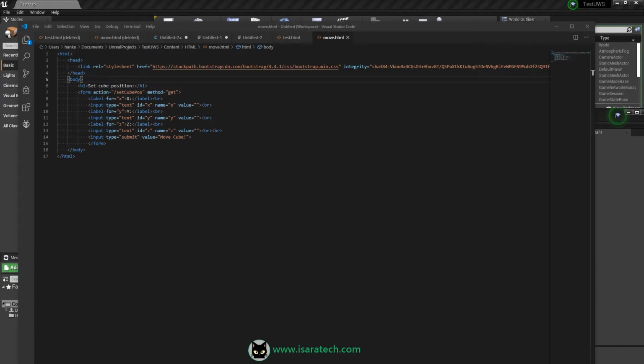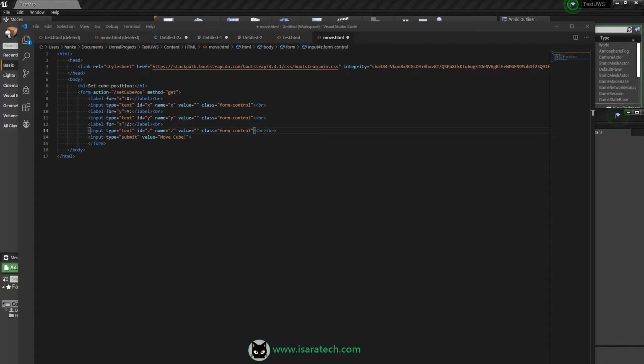So now I can easily edit my file to add some CSS classes. For instance, on my input here, I can add a class form-control. Here I can add it to the label.